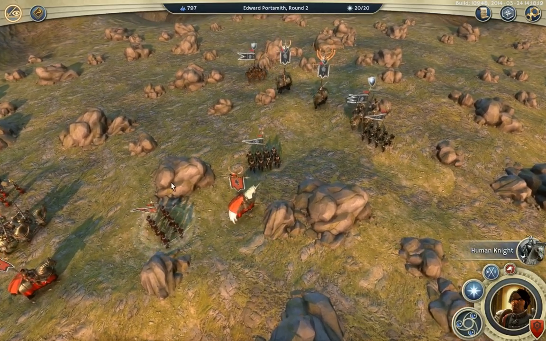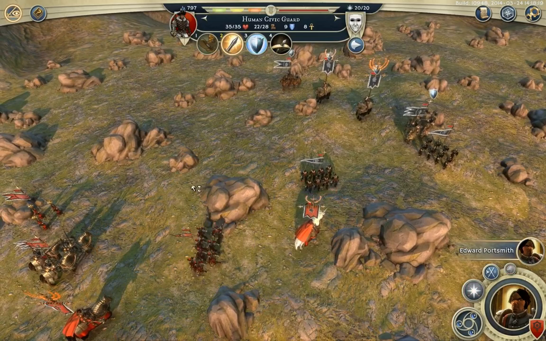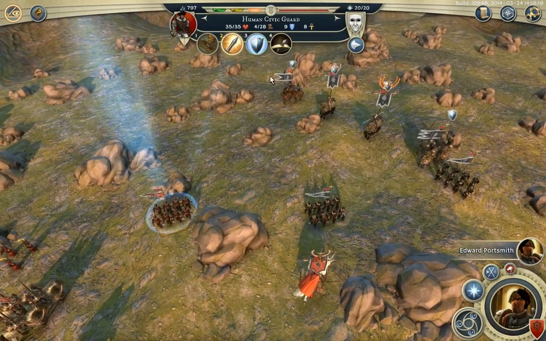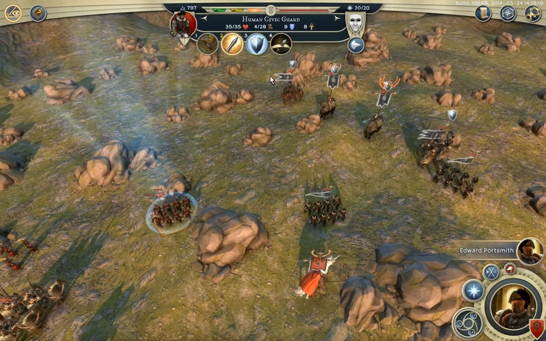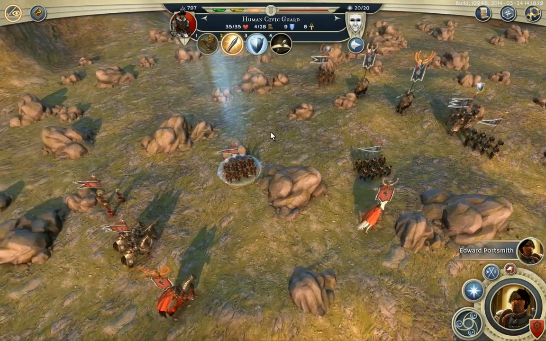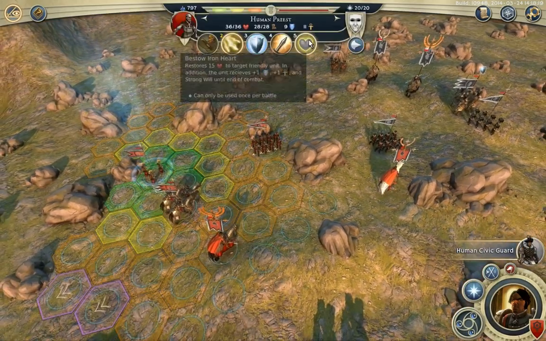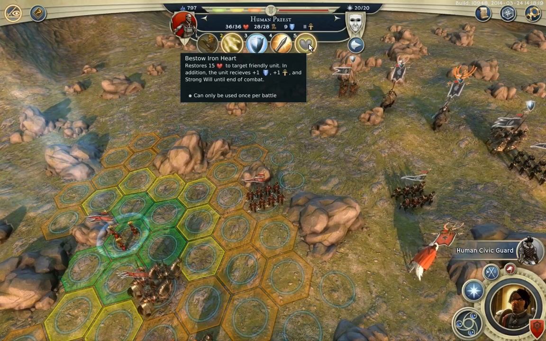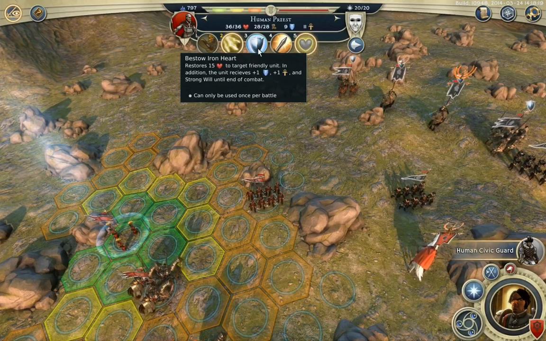Flanking. Now, can we do any flanking attacks right now? We can. Fantastic. Okay, so flanking adds +2 base damage to all active damage channels. So we select this healer, and we notice Bestow Iron Heart. That 15 health doesn't receive anything from flanking, and neither would